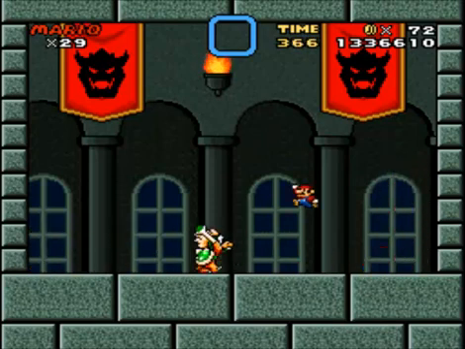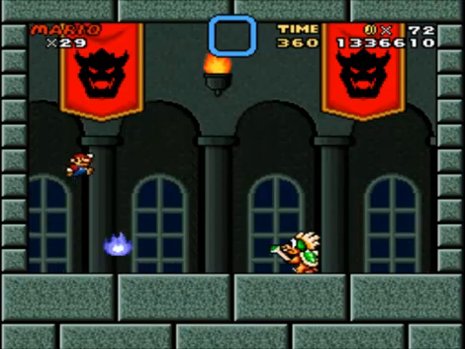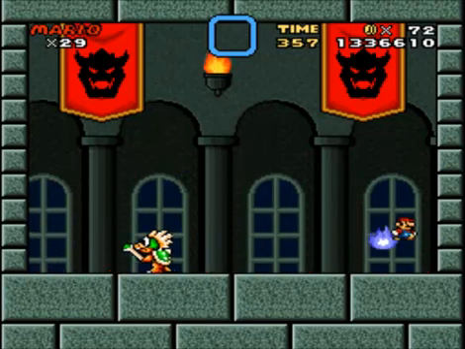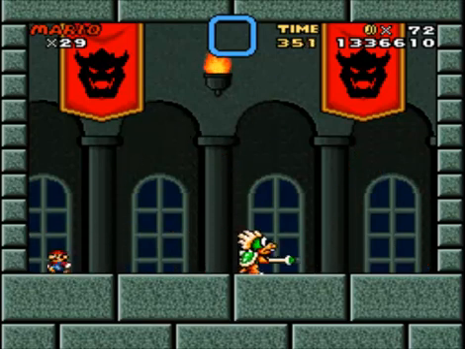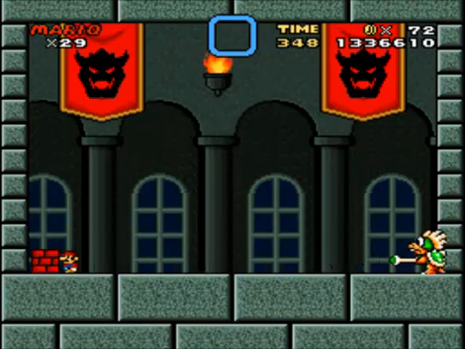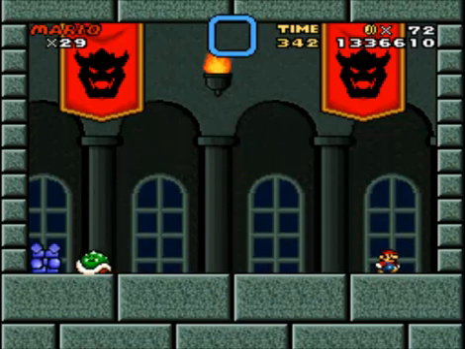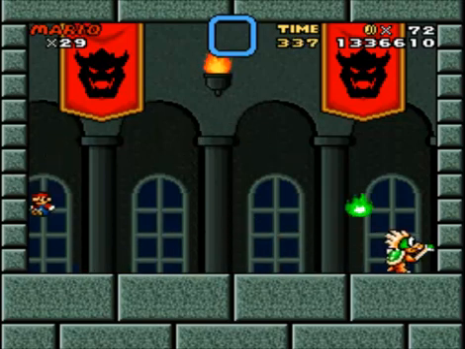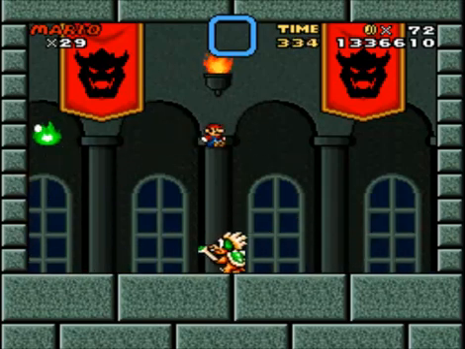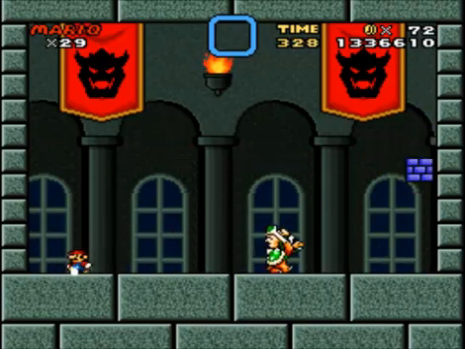Okay, so the green flames do hurt you. Don't know what the blue ones do. Whoa! Yeah, you pretty much have to jump before the flames are coming for you, because if you wait until they're actually going toward you, you'll probably just get hit by them. Fortunately, he seems to be pretty consistent with the timing, so...